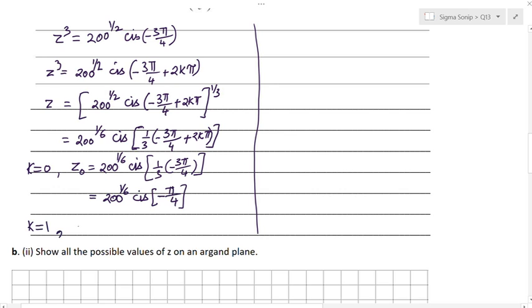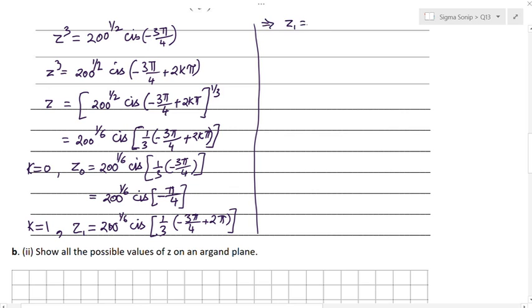When I take k equals 1, the second value of z, which satisfies this equation, we got this here, cis 1 upon 3 of minus 3 pi over 4 plus 2 pi, and that gives us